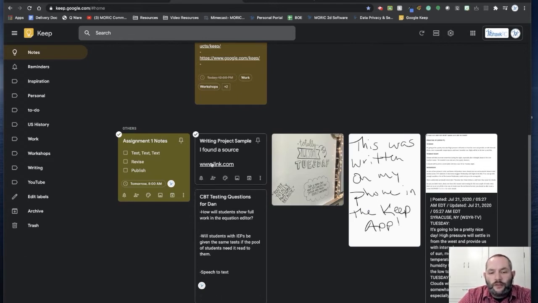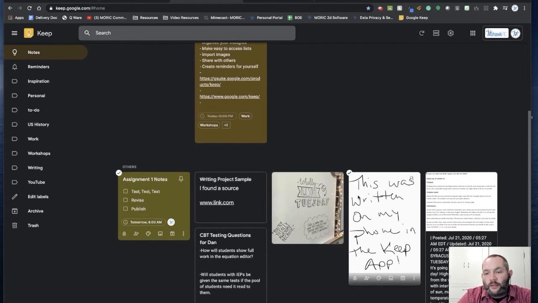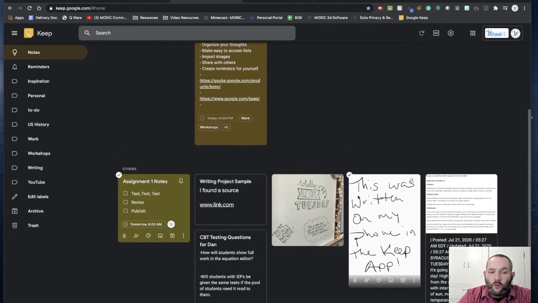You'll also notice that if you insert any hyperlinks as text, it will actually be a clickable link here in Google Keep. So as students do research, or if you as a teacher are collecting some resources to use in the classroom, you can insert links as well and then just simply click on them later on. So that's kind of the basics of what the functions of Google Keep are. You can create a note, you can create a checklist, add images.